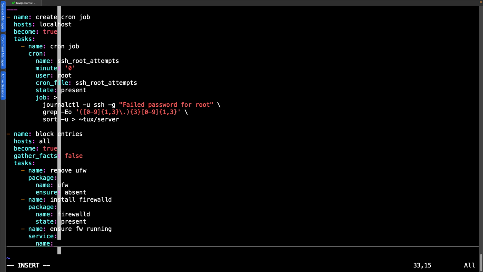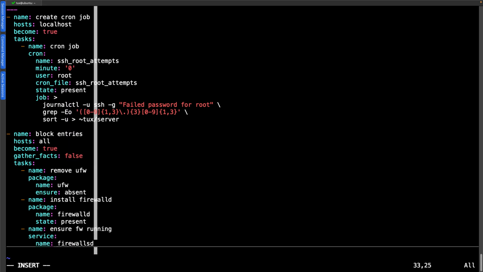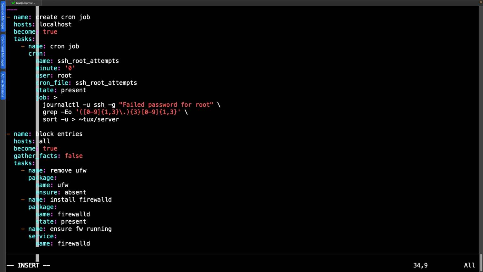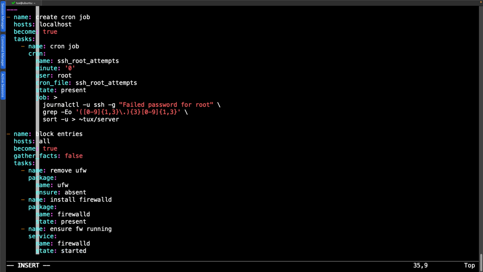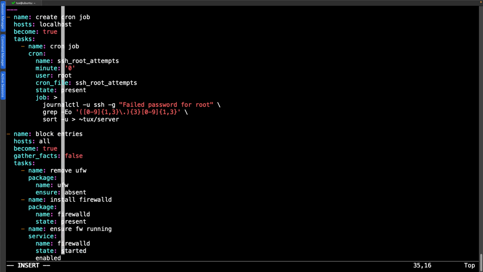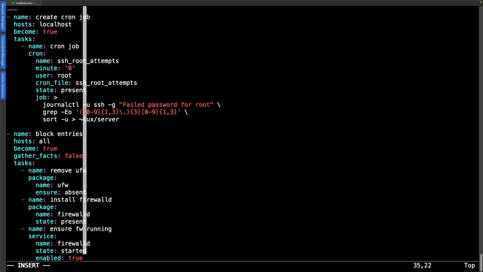The name is firewalld. We don't have to worry about the package name or the service name differing between Ubuntu and Rocky. We want the state to be started and enabled true. So it's currently running and it is enabled for auto startup. So that's our firewall in place.